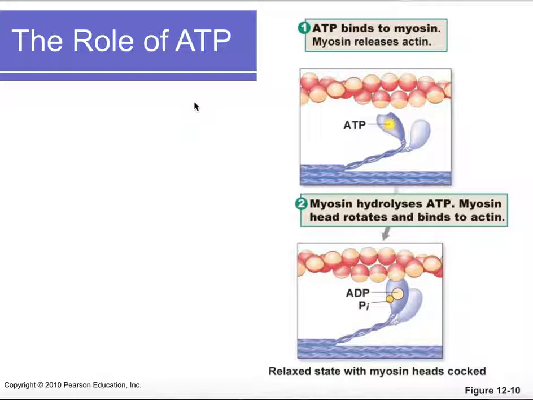So where does ATP come in? So we know that we need ATP for muscles to contract. Well, the binding of ATP to the myosin head is what actually causes the myosin head to release from actin. Okay, so when ATP binds to the myosin head, it weakens the connection, and so you get the release. And then what you're going to do is you're going to use the energy of ATP to recock